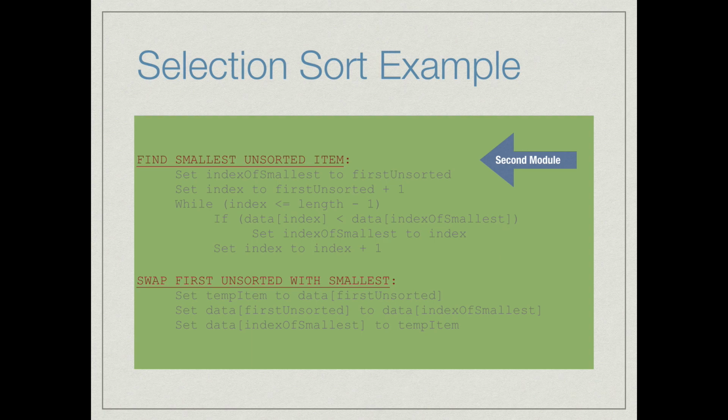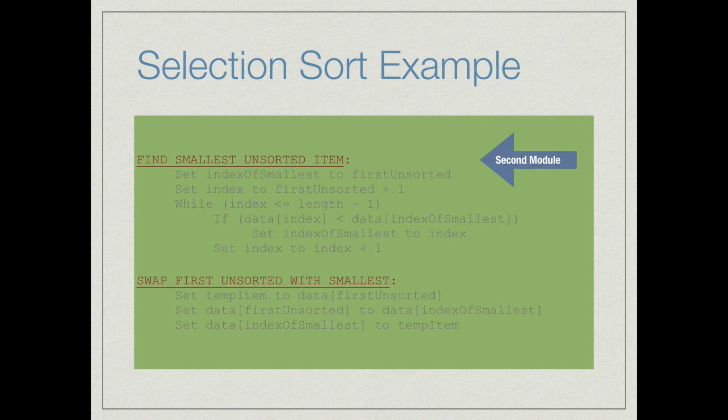So while index is less than or equal to length minus 1, so it's still within the bounds of the array itself, if the data at that current point is less than the data at the current value of index smallest, then we know we found the next smallest value. So change the index smallest to point to that new index, and then update the moving value of index to the next